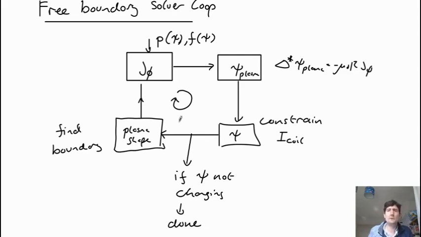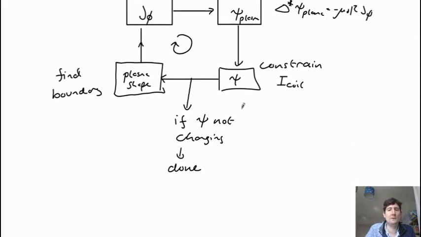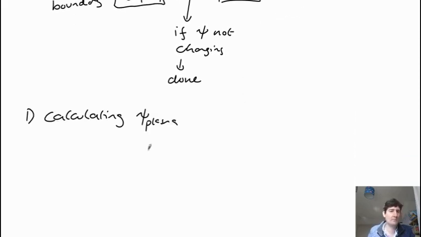So now I want to go through some of the issues and the main points involved in each of these steps. So first, look at the solver. So how do you calculate the psi due to the plasma? In a fixed boundary code, this was the main algorithm, or the main part of it. But because we knew what the shape of the boundary was, we knew what size should be there, this part was relatively straightforward. In a free boundary code, this becomes more difficult.